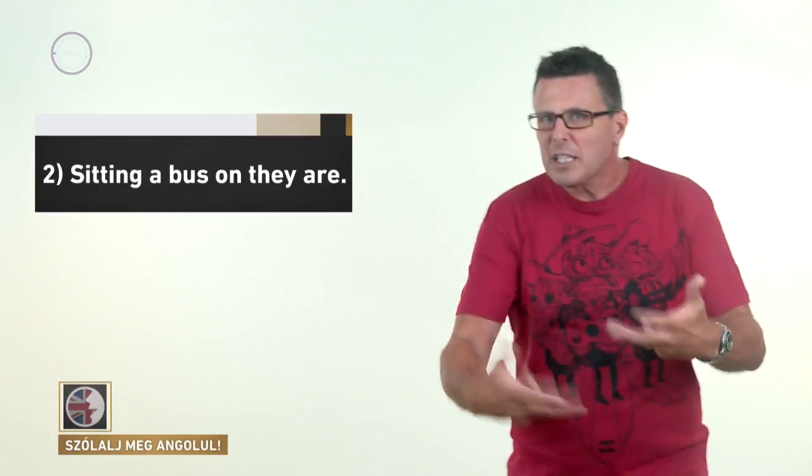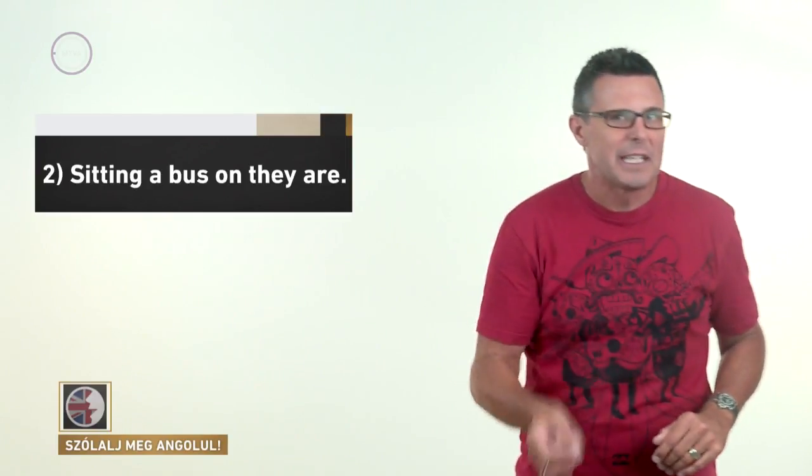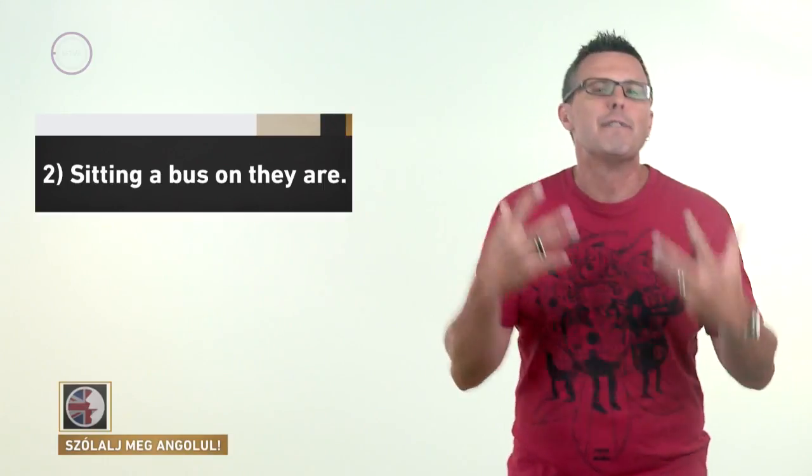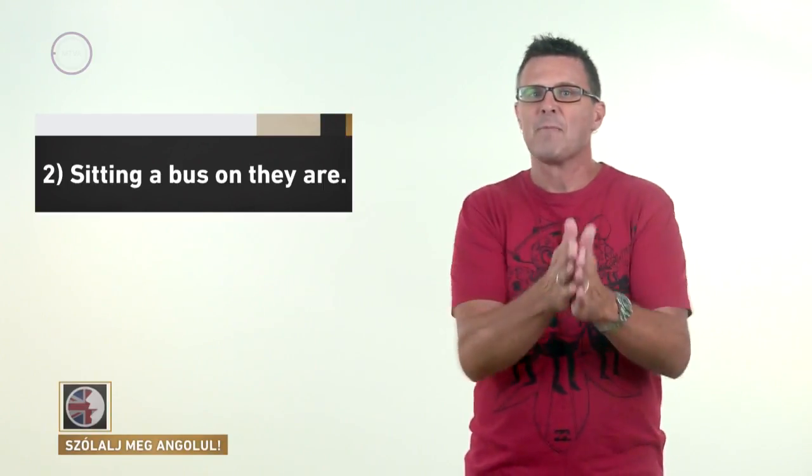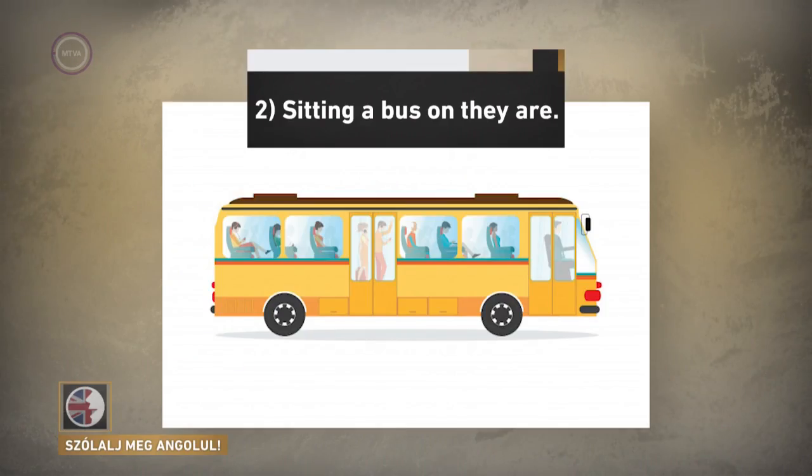Okay, so this means that once again, just as we did with the present perfect, we're dealing with a verb which uses an auxiliary verb. So, remember that? Okay, let's see it. Sitting a bus on they are. So, what's the subject? Yes, they. And that means that that's where we need to start. They. And what comes after the subject? Yes, this time it's not the verb, it's the auxiliary verb, isn't it? Yes, now we need the auxiliary verb followed by the main verb with the ing ending.